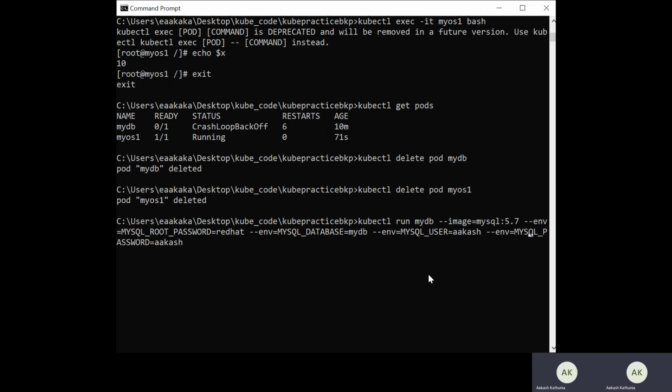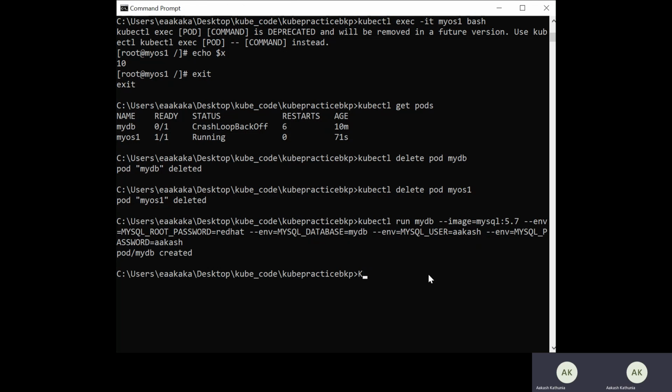So both the username and the password I have set, and after that I have set the database name and the MySQL root password, and this is the image I am using, and this is the kubectl run. So let me just run it.